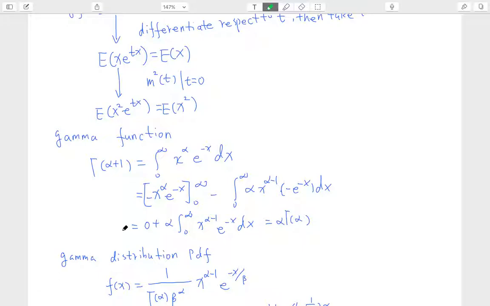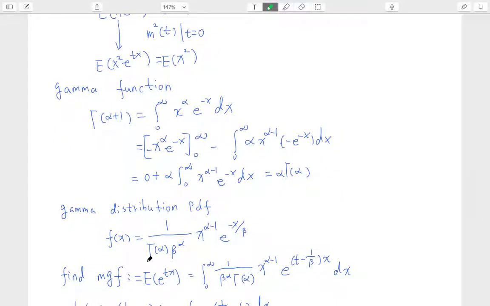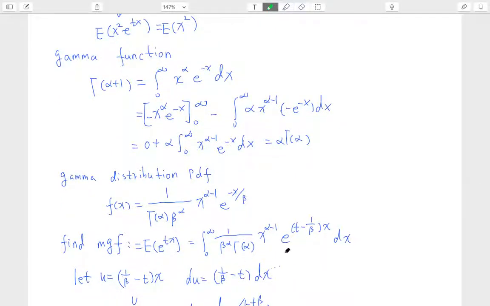And in the final part, we are going to see how it is related to the gamma distribution and find the moment generating function of this specific kind of distribution. The probability density function is written down as follows. You can see that the gamma function appears in the denominator. Other things, there's not much to worry about. We are then going to find the moment generating function of this distribution. First, we just apply our definition of the moment generating function. We can see that it is also an integral because the gamma distribution is a kind of continuous distribution. It is the opposite of another terminology called discrete